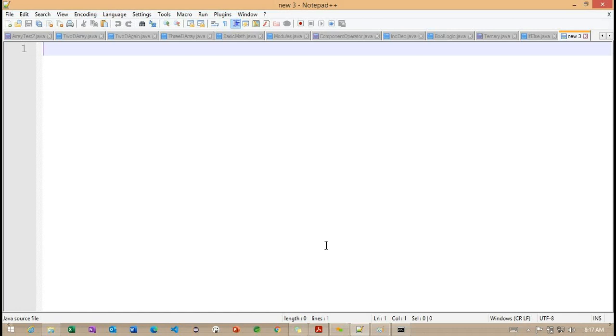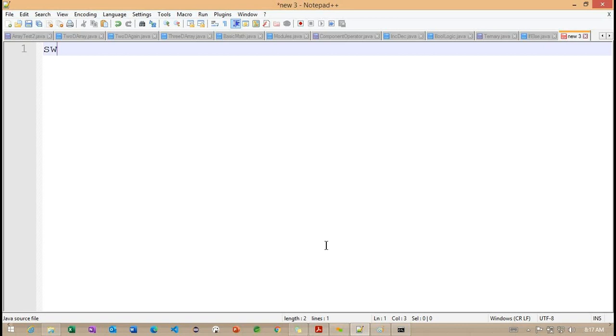Based on this particular expression, the case is going to execute here, and which is also an alternative to the if and else if conditions here.